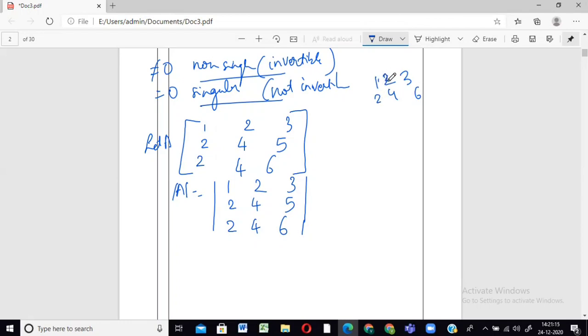1 है तो 2 है, यहाँ पे 2 है तो this is 4, here it is 3, means here it is 6. So what we can do is, we can always take that 2 outside common, because we have that common from the third row, correct? So now 1, 2, and 3 as it is, first row, second row as it is. Third row में 2, 4 और 6 में से I've taken the 2 common outside.